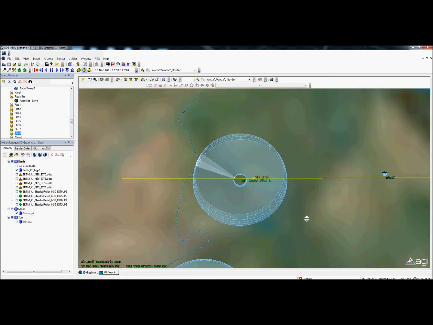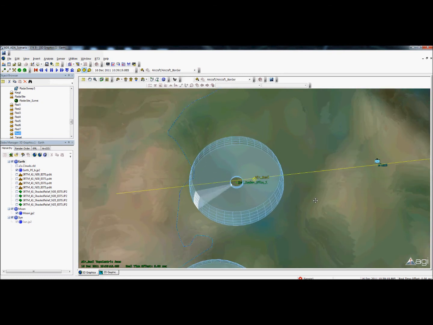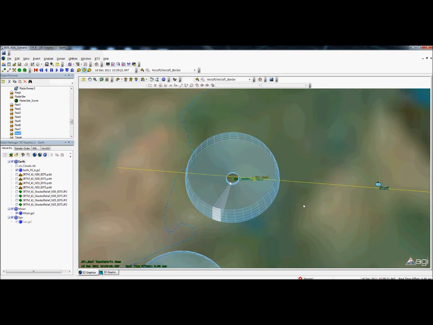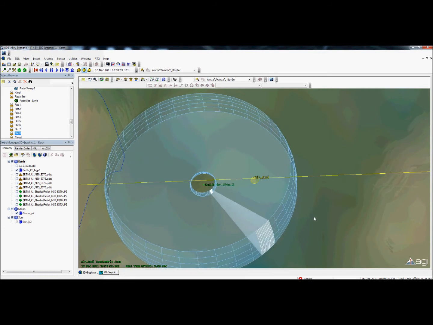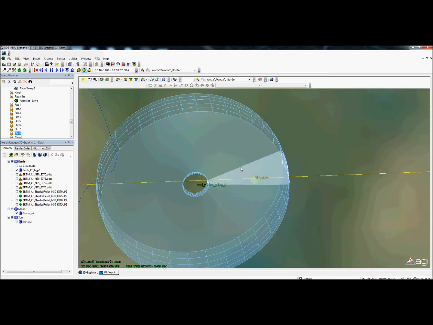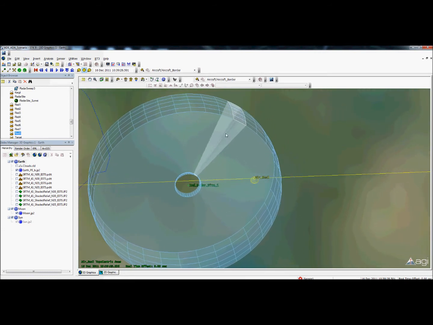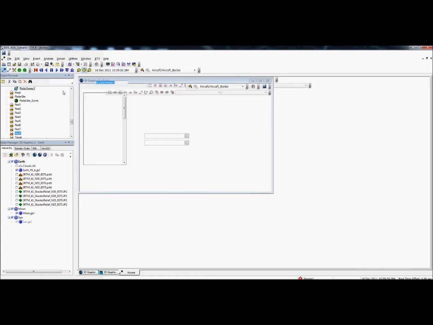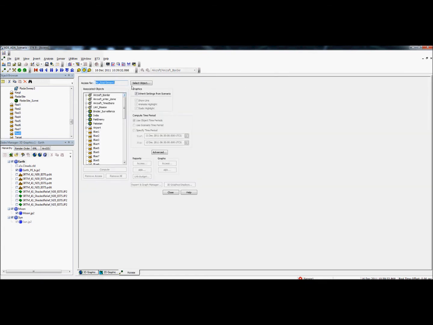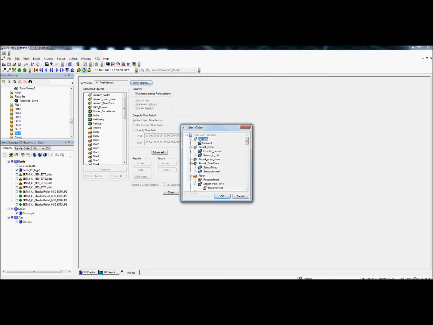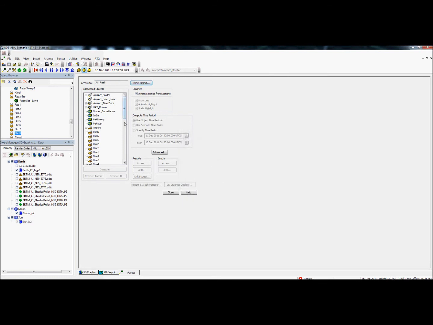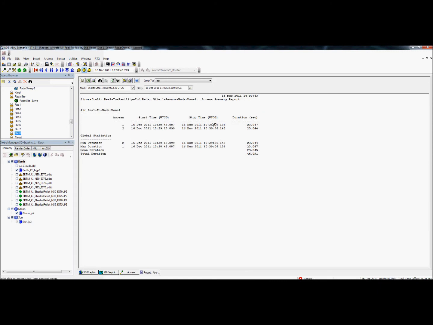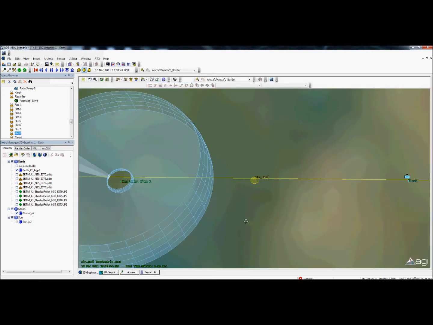So we have the old red and blue forces. We can do an analysis like when this particular radar is able to see this aircraft. So we have the real aircraft and we have the radar site. We do a report, and we know that this time to this time there has been an access,